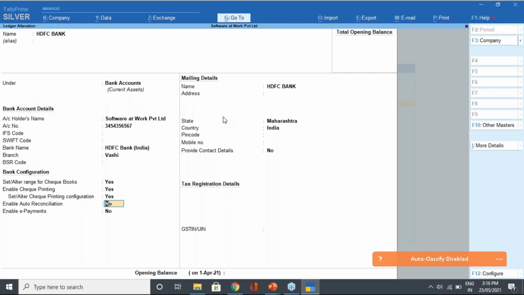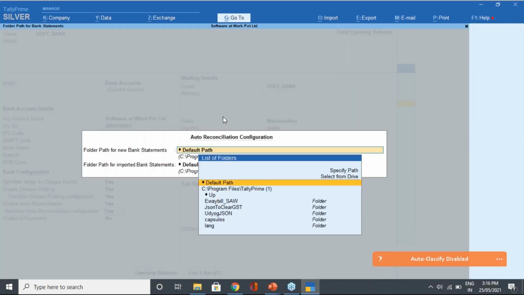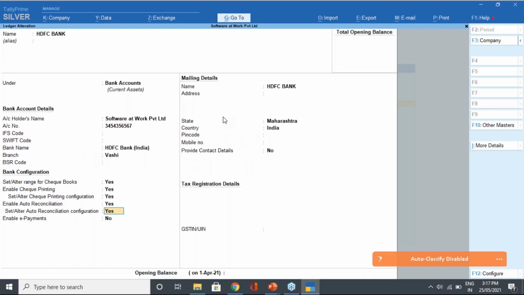If we need auto reconciliation, here we have the option of auto reconciliation. If your Excel is set and supports auto bank reconciliation, you can set your path for the bank statement and import whatever Excel you have downloaded from the bank's portal into Tally, so that as per the checks and the date, your reco will happen.